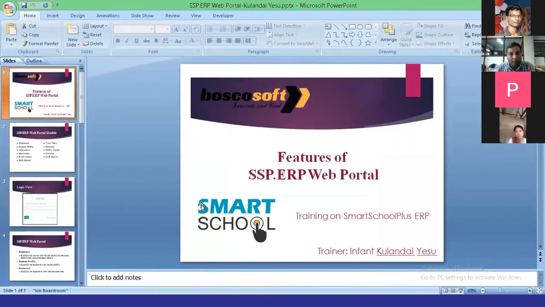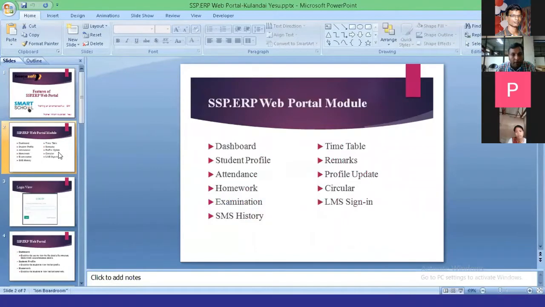In the mobile app, we have everything handy on the fly. We can see all the information, but this web portal is for people who are very comfortable in laptop mode. So for those users also, we are trying to give solutions accordingly. This web portal can be used in browsers using the URL. I'm sure most of the schools will be using this browser usage, and hence I'll go to the next slide. What are the features available in this?